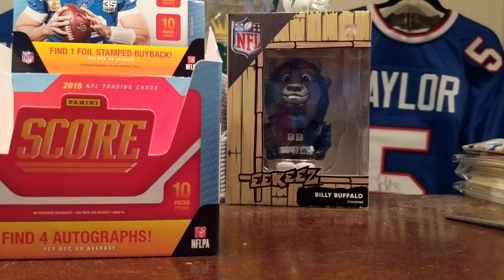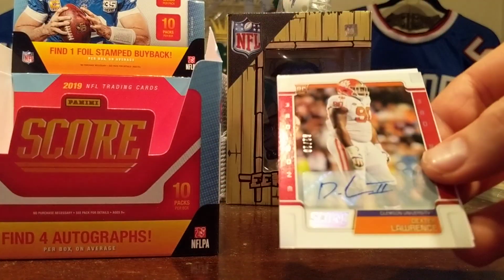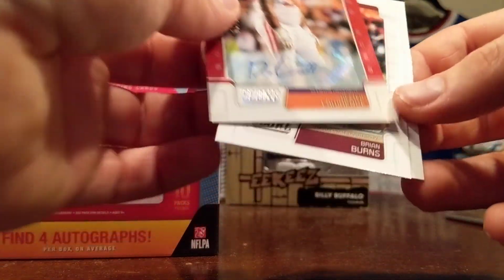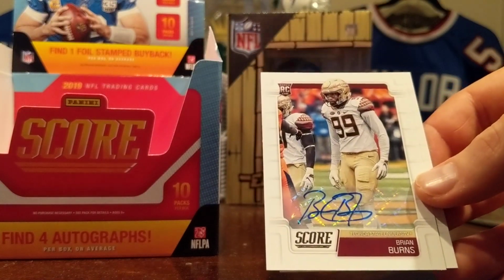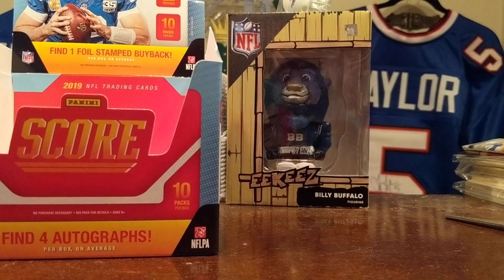Set and Williams. All right, guys, I'm just going to recap the autos real quick. Got 4 of them. Deebo Samuel, Dexter Lawrence, Brian Burns, LJ Scott, and I beat the